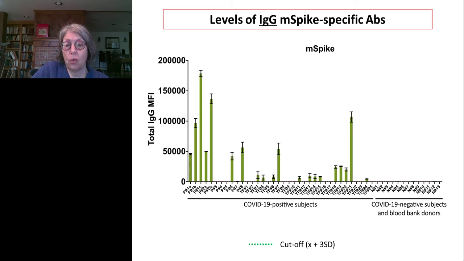This was quite surprising. We expected that they would all have IgG,